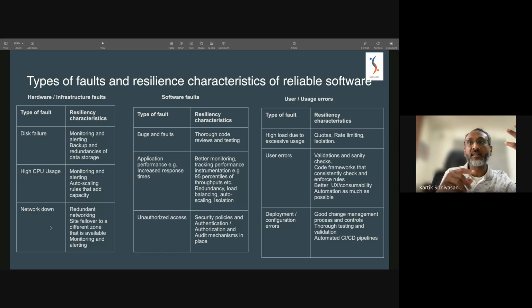There can be bugs, there can be application performance related challenges, there is unauthorized access, etc. That sort of keeps coming in. And for reliable software, right, there has to be an ability for us to manage these things well. So for bugs, for example, by writing better unit test cases and making sure code coverages are very high, by doing thorough code reviews, right? The ability for us to gauge that some code is going to get into production and break